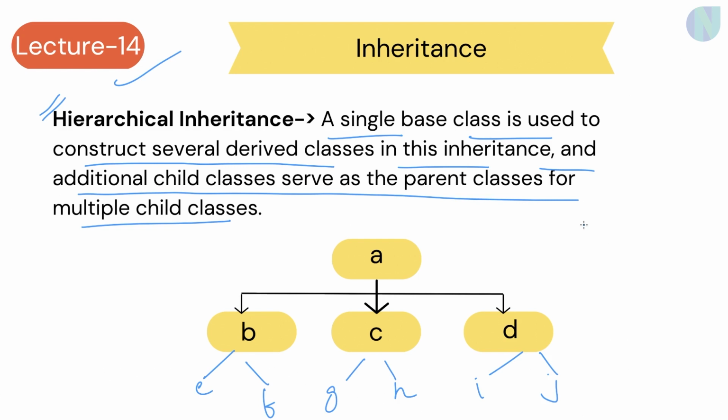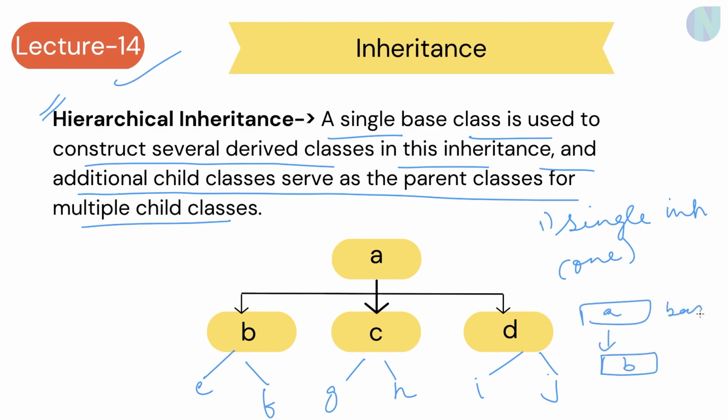So before moving forward, let me give you a brief about all the inheritance we have covered till now, so that you can have a proper understanding of this inheritance as well if you have come only to this video. So firstly, we'll look at single inheritance. So what happened in single inheritance? Single means one. So whenever there is one base class and one derived class, just consider the base class, don't look at the derived class for now. So whenever there is one base class and B is deriving properties from a single base class, that is called single inheritance.